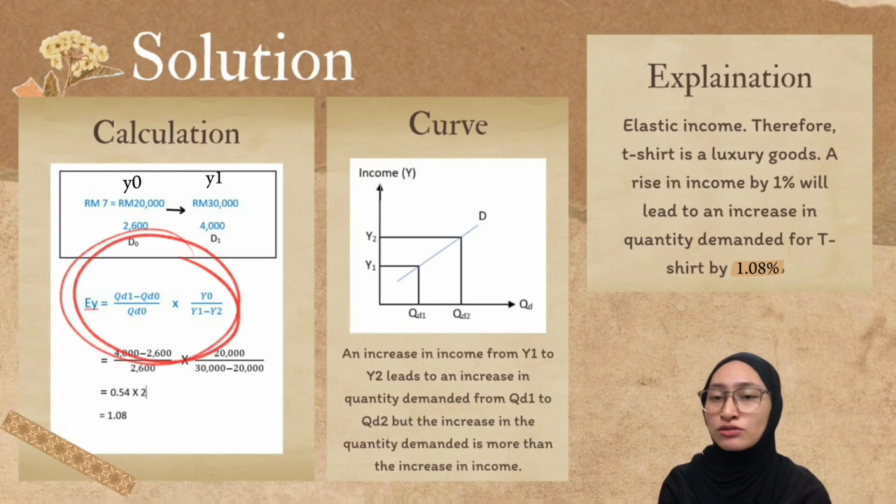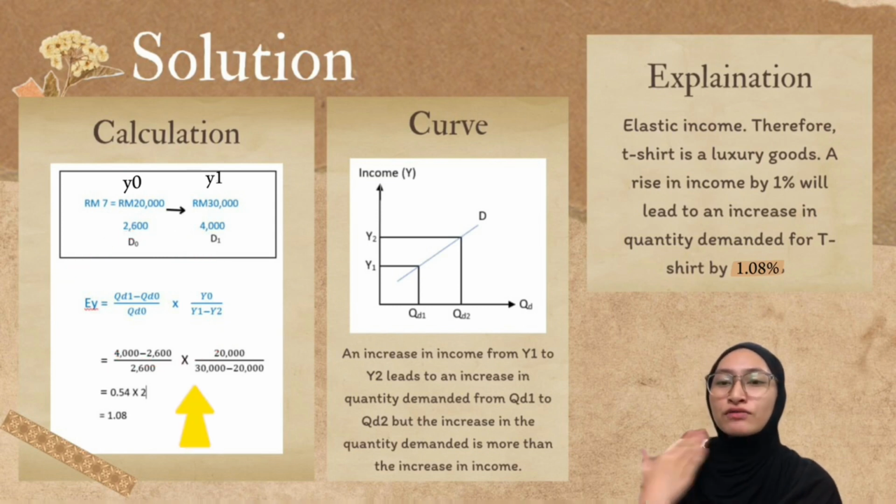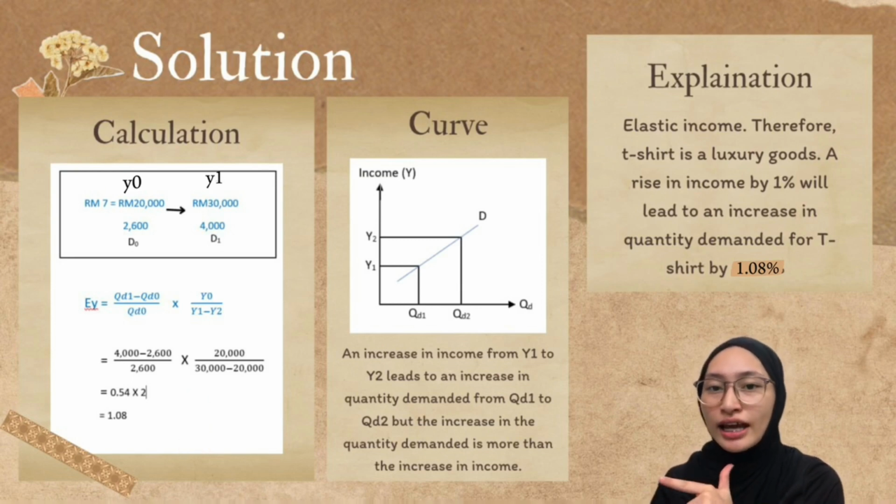Next, the formula we need to use is EY is equal to new quantity demand minus the old quantity demand, divided by old quantity demand, times the amount of old consumer income divided by new consumer income minus the old consumer income. So it will be like this. 4,000 minus 2,600 times 20,000 divided by 30,000 minus 20,000, and we will get 1.08 for